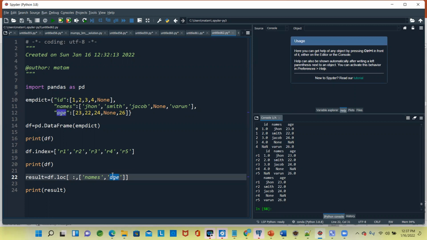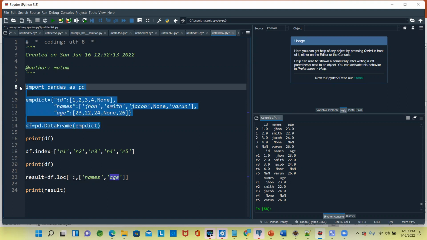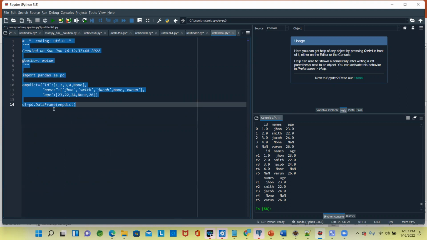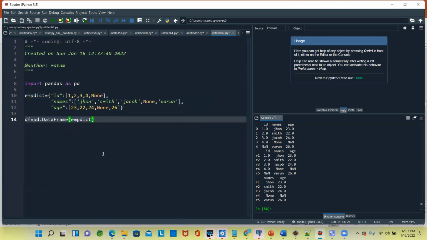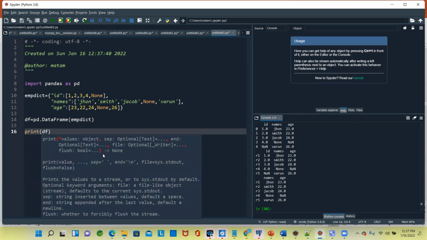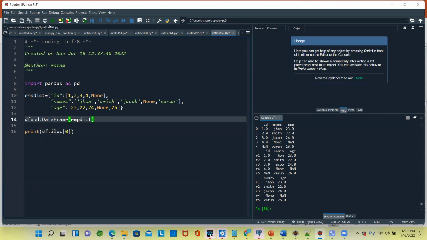So when we talk about iloc now, what do you mean by iloc? We will see. The name itself says iloc is nothing but index based. Based on index value, I want that. So let us consider I have a data frame again. We are taking the same data frame for time constraint. So we have a data frame ready now. First of all, we'll print df dot iloc of 0.